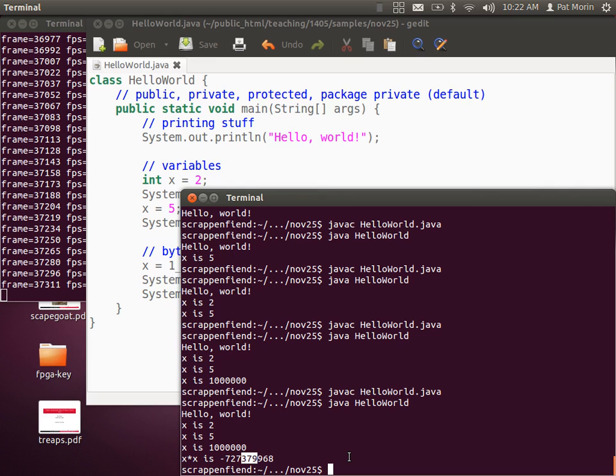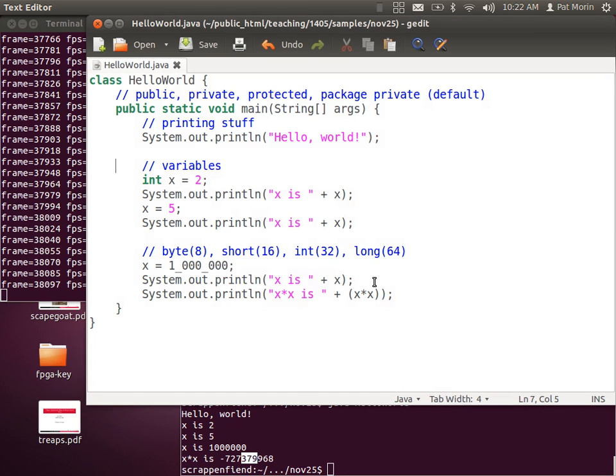So what happened is the integer-like types are all signed, so they all have a sign bit. The most significant bit is the sign bit. And what's happened here is that we've grown our number to the point where a bit has shifted into the sign bit position. And so when Java goes to print this out, it interprets the bits as a negative number, and specifically it interprets the bits as this negative number. So the way to get around that is,